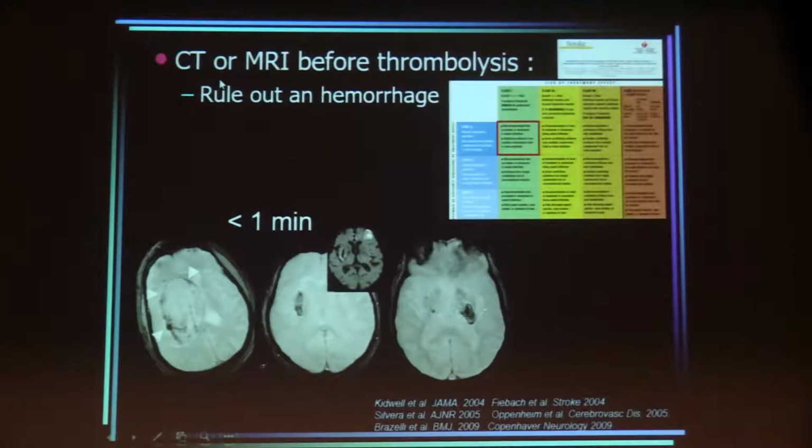First, we mentioned that it might not follow the recommendation. We can use either CT or MR as first-line diagnostic tool before discussing acute stroke treatment. First, to rule out hemorrhage, and you can rule out hemorrhage using MR as well as using CT. Here are a few examples of hematoma using MR. A large one, a small one here associated with a small ischemic lesion, and here is a deeply located hematoma.